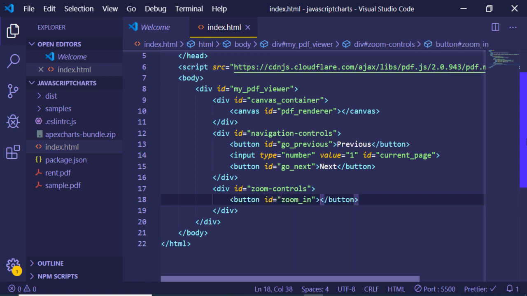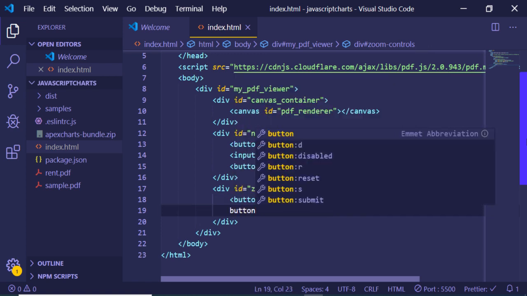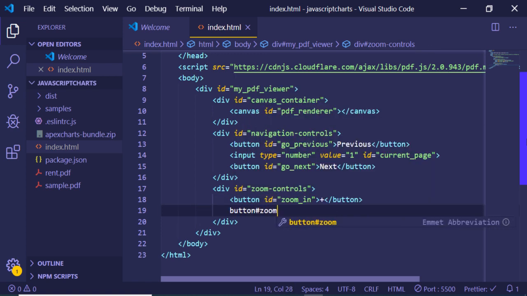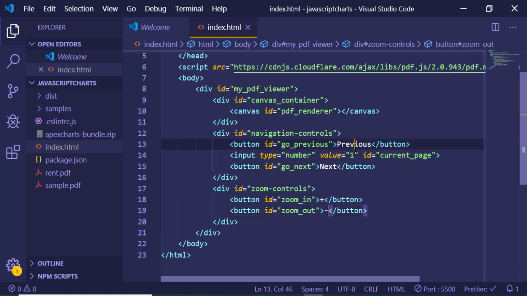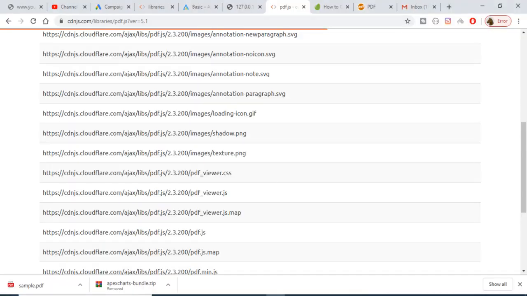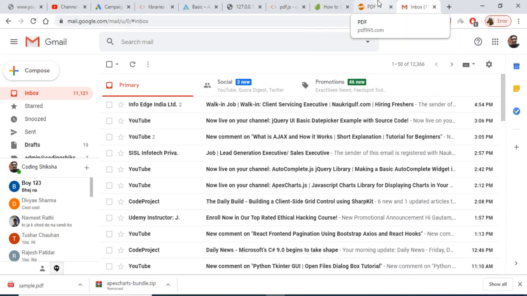So this will be having the text plus, and the second will be having the ID of zoom out, and it will be having the text minus. That's it. So this is HTML, guys. Now if I refresh it, nothing will happen because we haven't applied the style sheet or written any JavaScript code. If I refresh it, you will see that this is bare bone HTML which is loaded